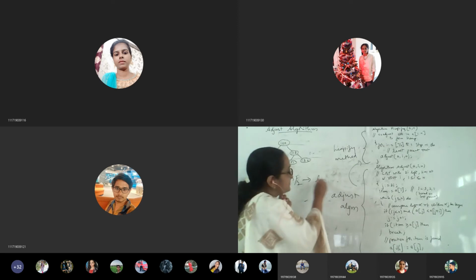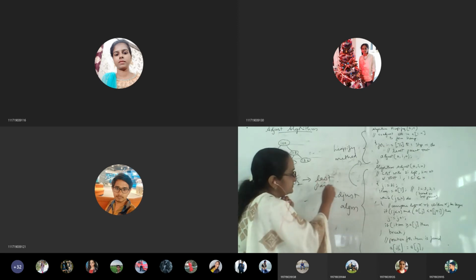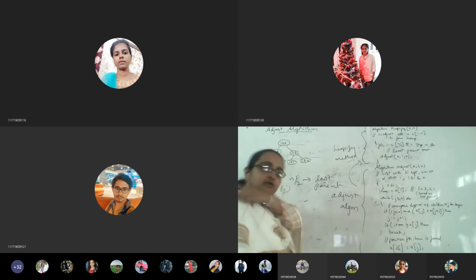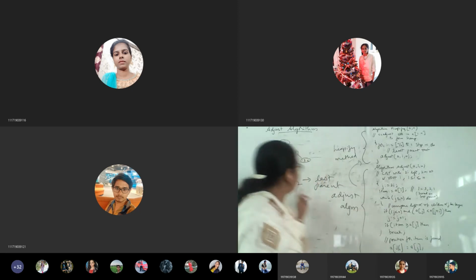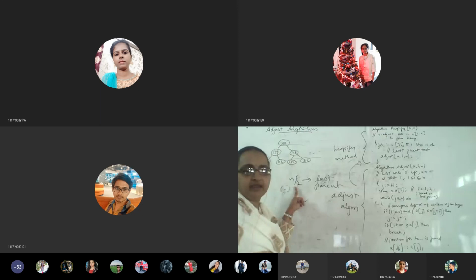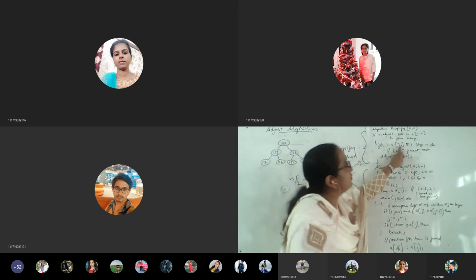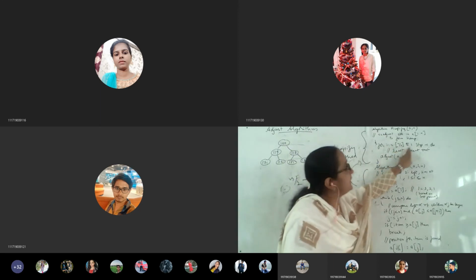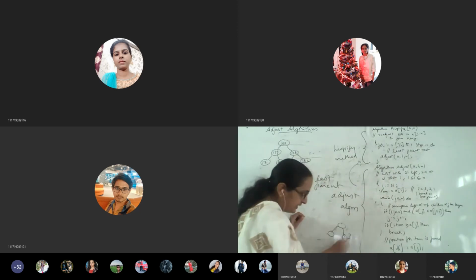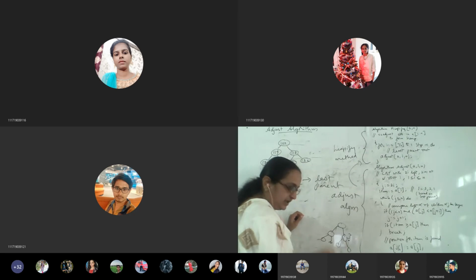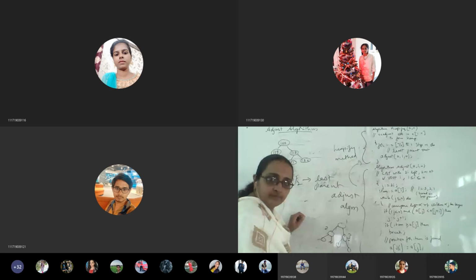The last parent, leaving the leaf nodes. So which will be the last parent can be retrieved by n by 2. That's why we are writing for i equal to n by 2 down to 1. Say suppose the last parent is at the third index, so the last parent is 3, next parent is 2, next parent is 1. Okay. So this is how it will be adjusted.